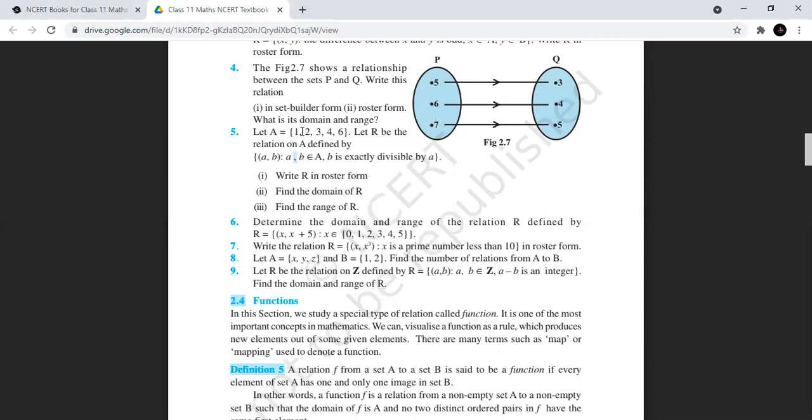So if you take first (1, 1) will be part of it because every number is divisible by itself. So (1, 1), (2, 2), (3, 3), (4, 4), (6, 6), ये तो आ ही जाएंगे because every number is divisible by itself. Then next you see 1, every number is divisible by 1. 1 divides every number. So 1 की आपके बाकियों के साथ भी pairing हो जाएगी (1, 2), (1, 3), (1, 4), (1, 6). All those entries will also come.